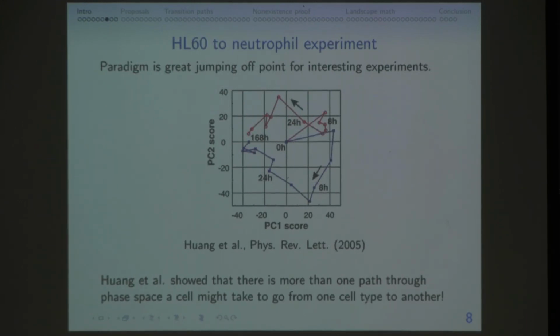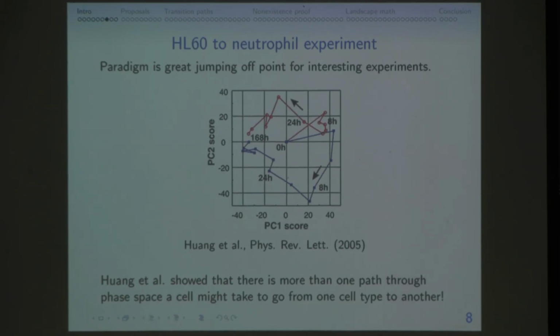So right now we have a nice metaphor. And the metaphor is helpful as a jumping off point, for example, for experiments like this one, done by Sui Wang and his colleagues. And in this experiment, you imagine if one cell type is represented by a valley over here, and another cell type is represented by a valley over here, then you can imagine more than one way to push the ball from one valley to another valley. And this is essentially what this picture says. You start here, you can go this way through state space, or you can go this way through state space. So the metaphor is helpful for informing real experiments.